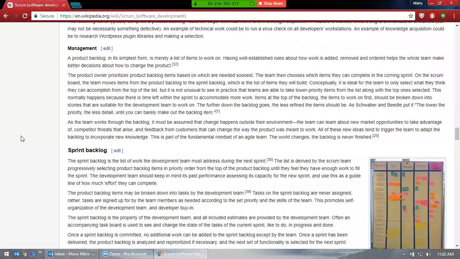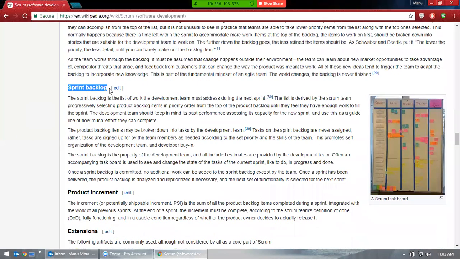Let's see the sprint backlog. But before the sprint backlog, there is something called a sprint. A sprint is a time boxed unit. That means a sprint can be 1 week to 30 days. For convenience, let's take 30 days, that's 1 month, so every month a new sprint. It's not necessary that it has to be every month, but let's take it that way for ease of understanding. So sprint 1, sprint 2, sprint 3, sprint 4, sprint 5. That means 5 months, 5 different releases. Every month one release.